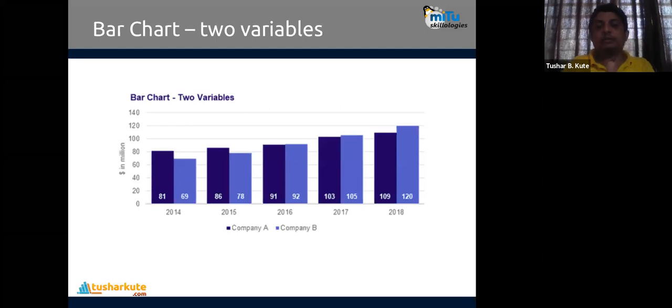Now, multiple variables which I've seen already for that company. For two companies, A and B, I can compare it. Now we can observe it. Company B has crossed company A's revenue in 2016. It was less in earlier years, somewhat greater, 1 million only, then 2 million, then 11 million. Improvement is there.